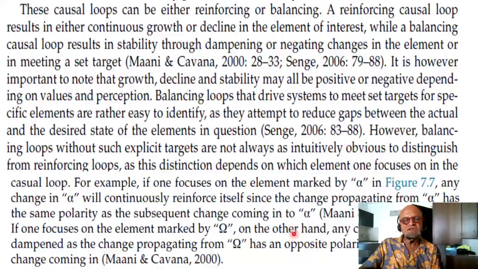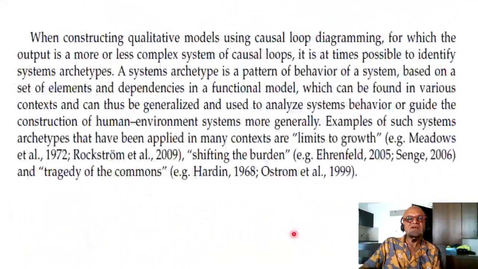examples. If one focuses on the element marked by omega, on the other hand, any change in omega will be dampened, as changes propagating from omega have an opposite polarity to the subsequent change coming. So let's leave that there and move on to human environment systems, in terms of constructing with these structural and